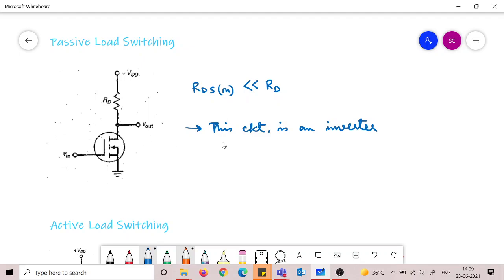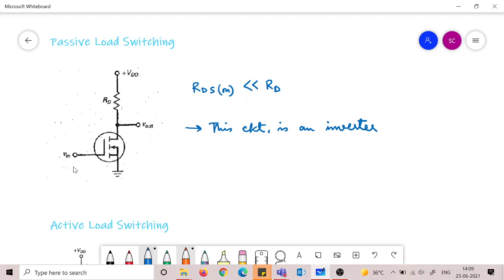And this circuit is actually an inverter circuit. Why am I saying this? Because you see, if you have a high voltage V in here, that is making this switch go to the on state. So if you suppose this is a switch, it is coming in the on state with an RDS on resistance in series with it, which is very small. So what happens is that this ground potential comes up to this point V out. So when you have V in as a high voltage, V out is a low voltage.